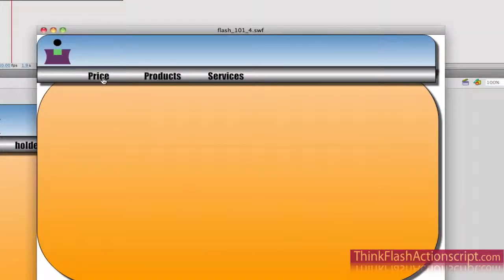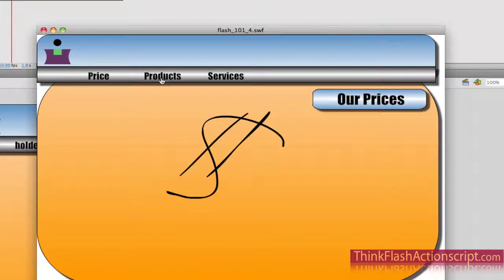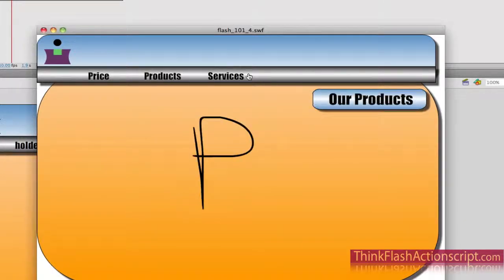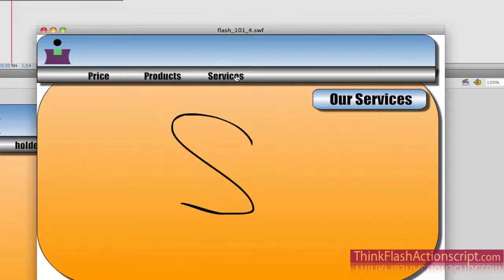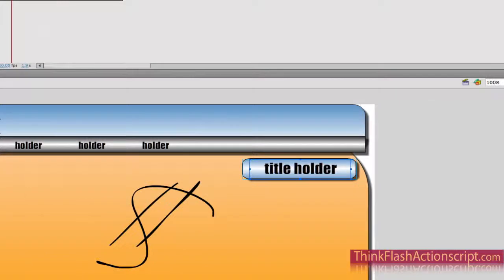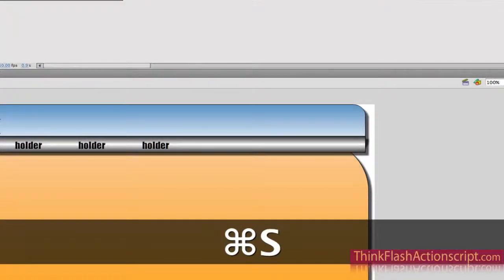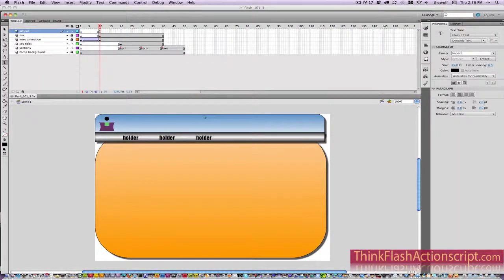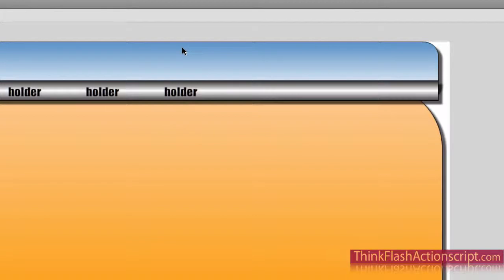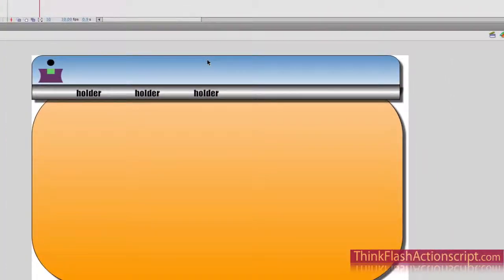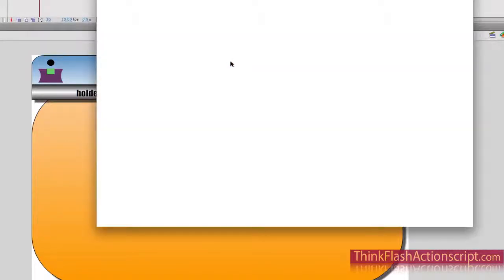Once I go to that section, it will say our prices. It'll say our products. It will say our services. Pretty cool, huh? Very simply done, because it's dynamically generated from the ActionScript. The ActionScript is dynamically generating the information. Okay, so if we play our application at this point, Command Return or Control Return on Windows, you'll see that